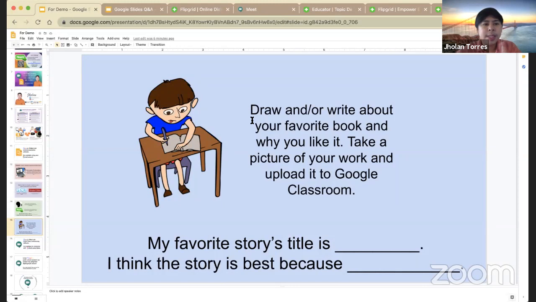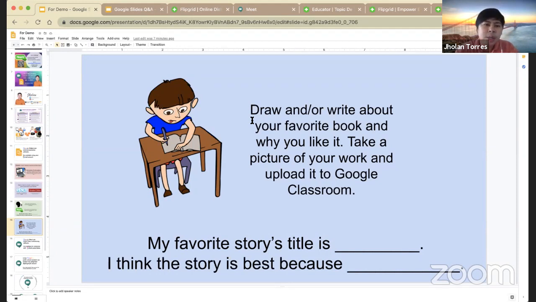Free also for students, and automatically saved in your Google Drive. So all your Google Slides presentations are saved in your Google Drive. Even if your computer breaks down, once you log in to your Gmail account, in your Google Drive, all your presentations are saved.